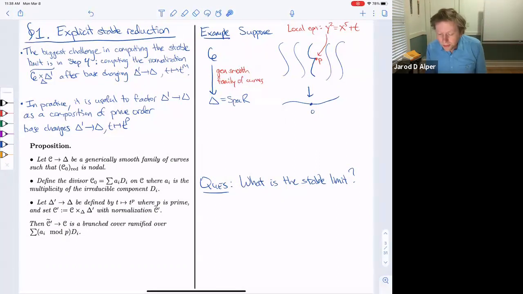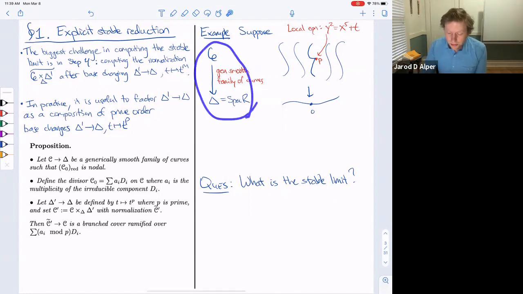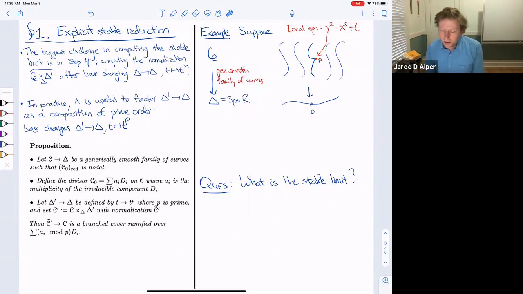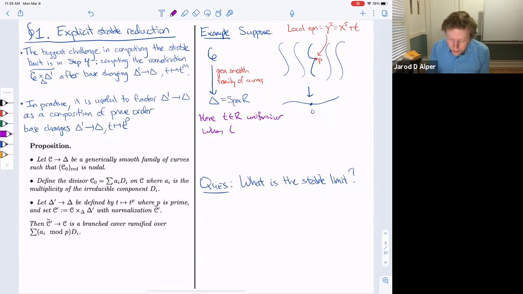Yeah, and so for the example we're going to look at, there are many examples you could take, and slightly different techniques are involved in each. So we'll take a generically smooth family of curves over a DVR degenerating to a ramified cusp. So here the central fiber becomes a singular point. T will always be a coordinate in the DVR that's a uniformizer. So when t is 0, the central fiber